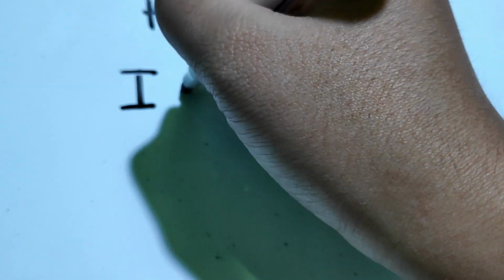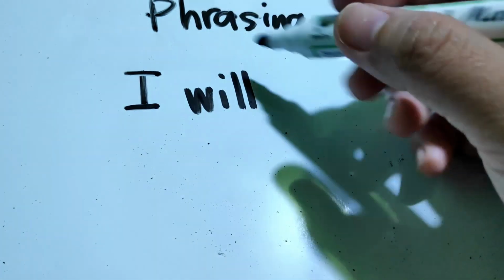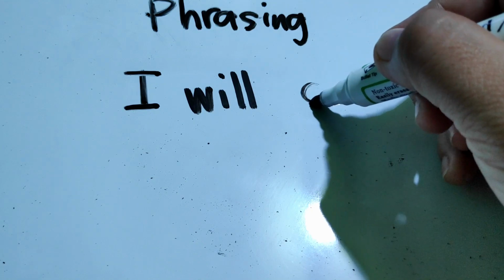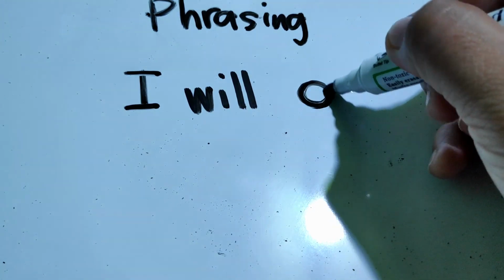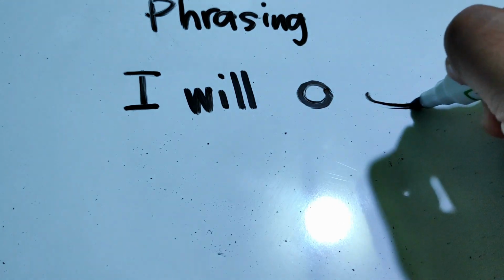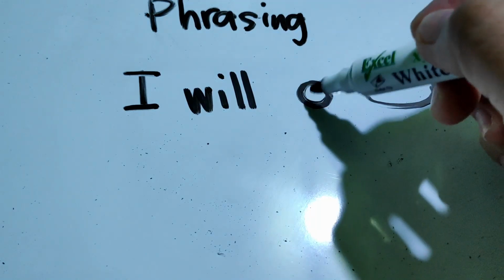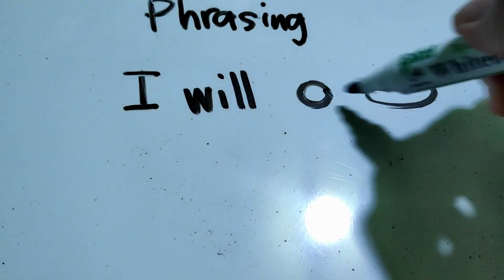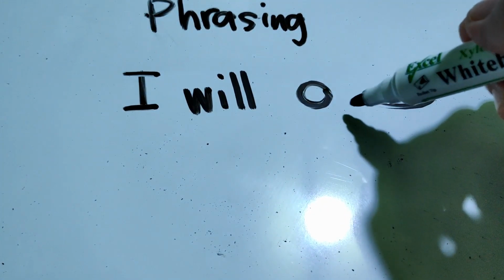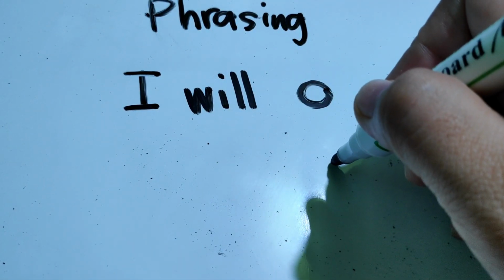Okay. So, example, the word I will. For the word I will, di ba, I is ang iyahang stroke is kaning circle. For the will is the letter L. Now, in phrasing you have to join the two letters, the two consonants or the two stenography strokes. Okay. So, pag sumpay ninyo ana,